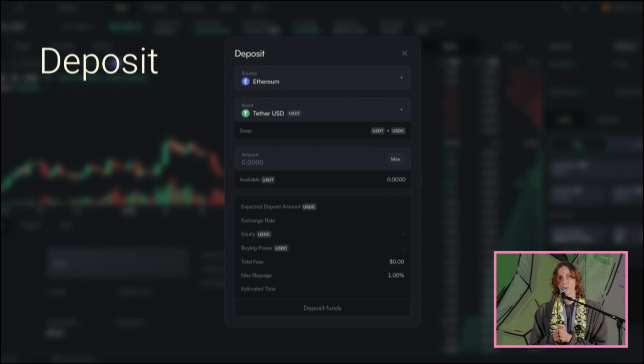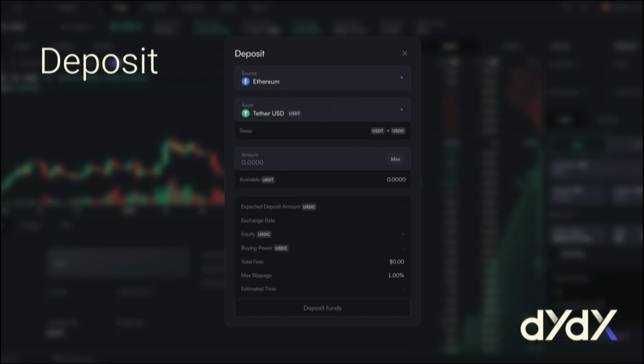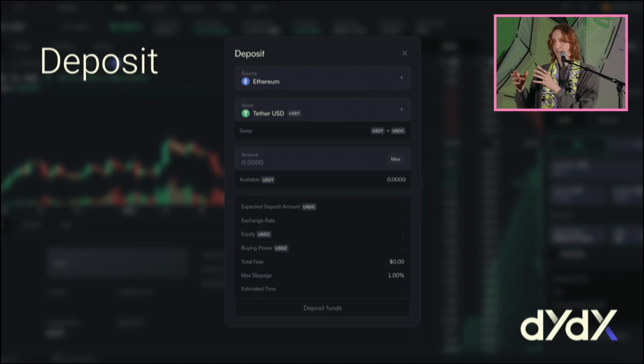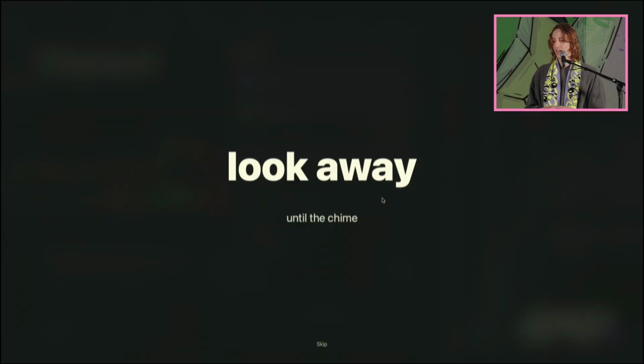And this is where we get into the programmability. So this is DYDX's interface, and DYDX recently launched a whole new chain just for their application. It's called an app chain. And in order to get users out to that new chain, it was actually really complicated. There's a complex combination of different bridges, different swaps, and